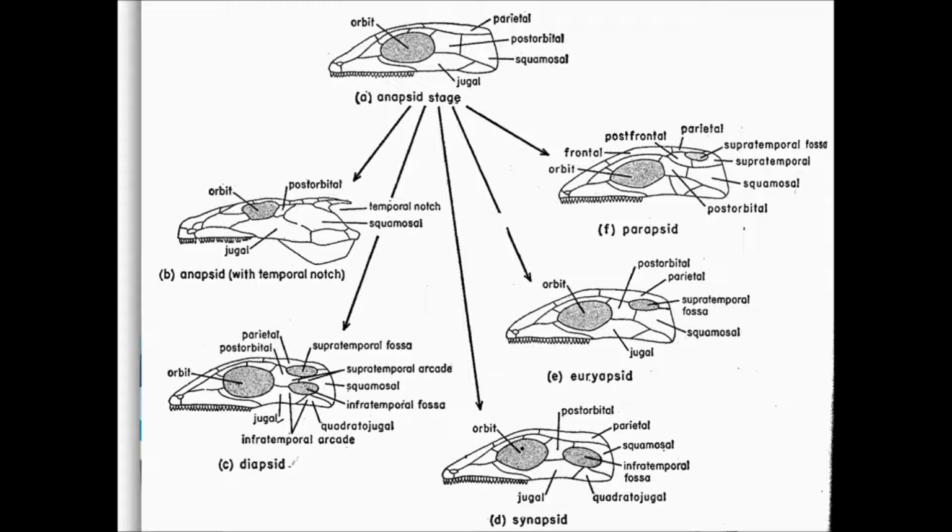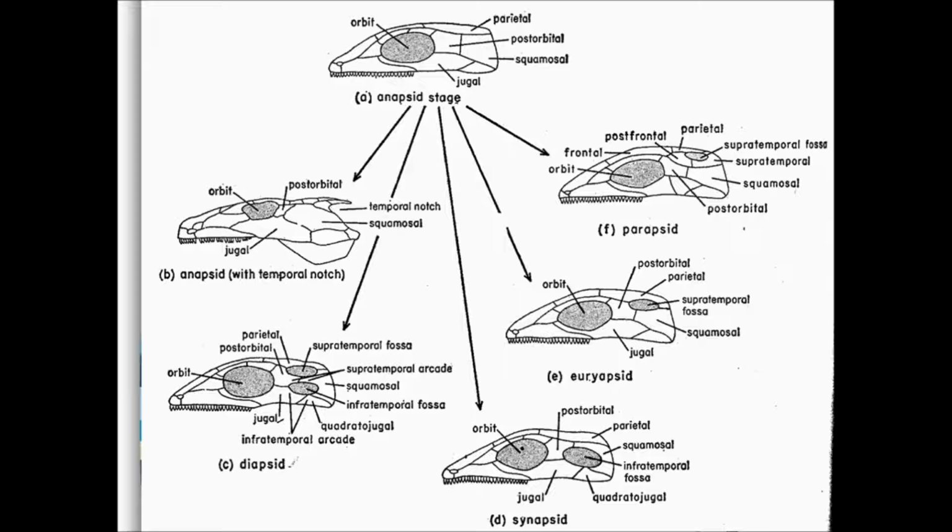The diapsid condition, which is what you find in birds, dinosaurs, and modern reptiles, is this one right here, where you have two temporal fossa. And it's important to look at which bones surround these. So you have the squamosal in the back, the quadratojugal on the bottom, then you have the postorbital and the parietal up above. There is another version of this, which I don't have illustrated here, but it's these bones surrounding those two temporal openings that we want to